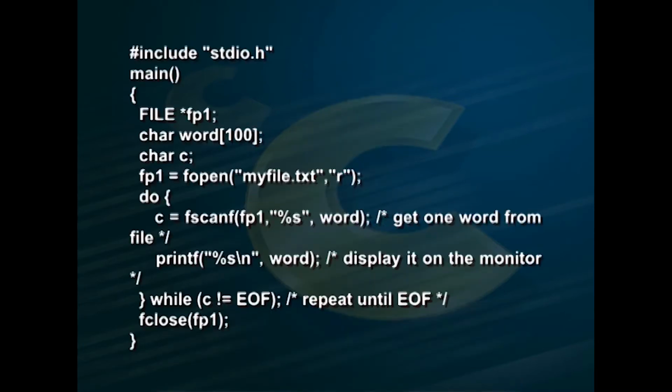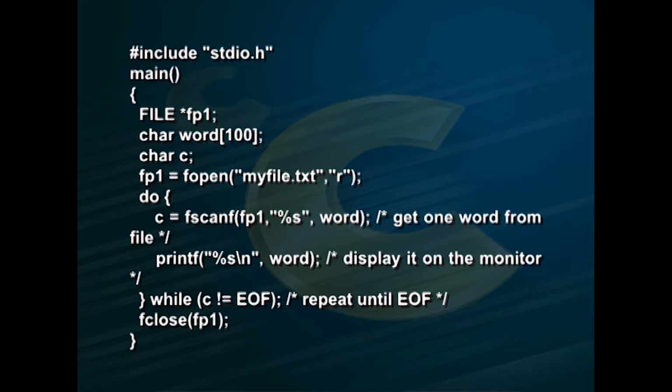#include <stdio.h> main() { FILE *fp1; char word[100]; char c; fp1 = fopen("myfile.txt", "r"); do { c = fscanf(fp1, "%s", word); printf("%s\n", word); } while (c != EOF); fclose(fp1);